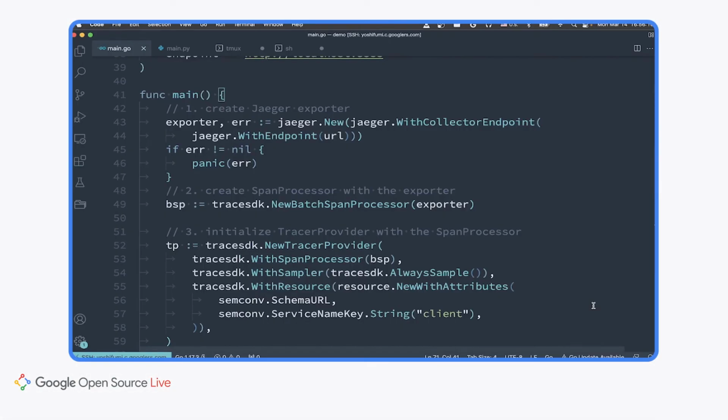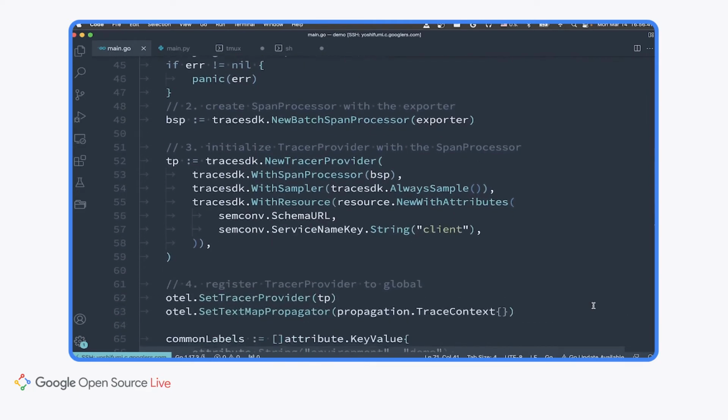Okay, let's review what we have done in the slides with this simple client and server example. This client is implemented in Go, and the server application is implemented in Python. First, the client application creates a Jaeger object, which is for the exporter, and registers that exporter object to the span processor initialization.